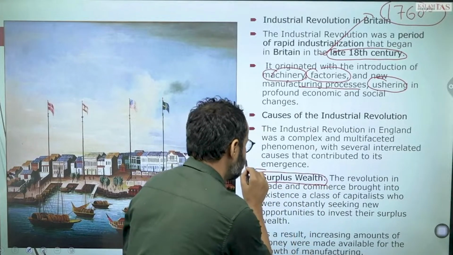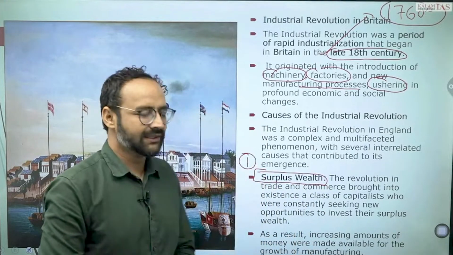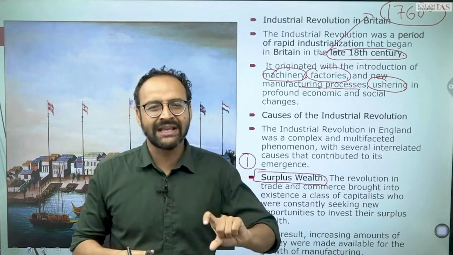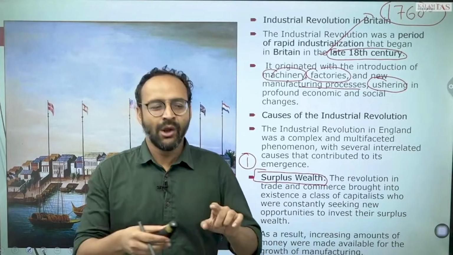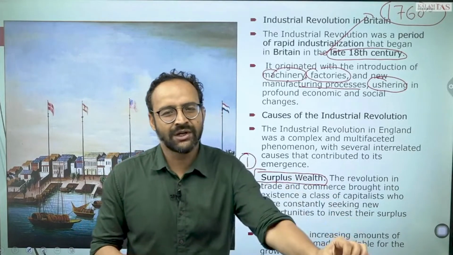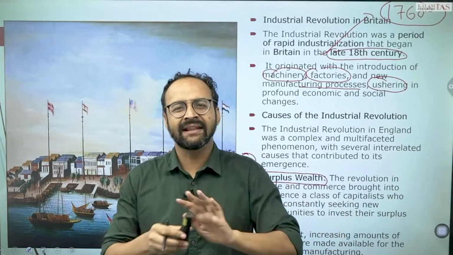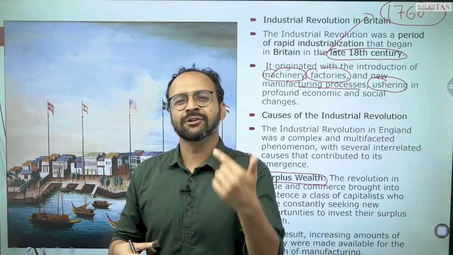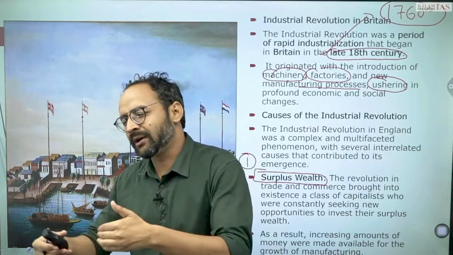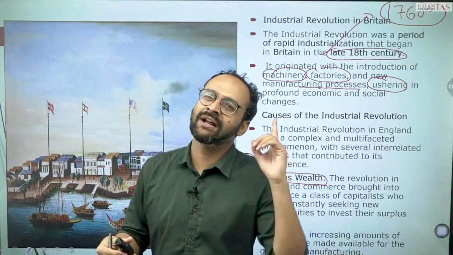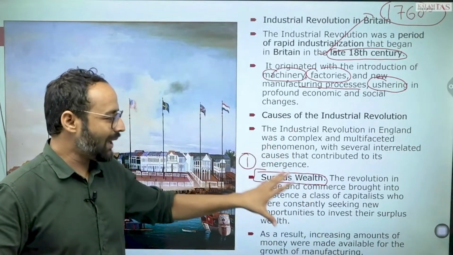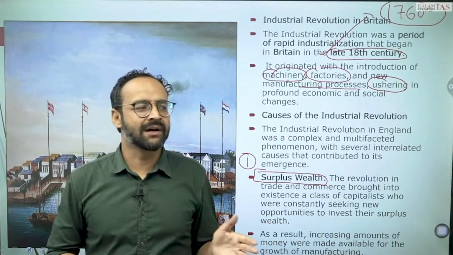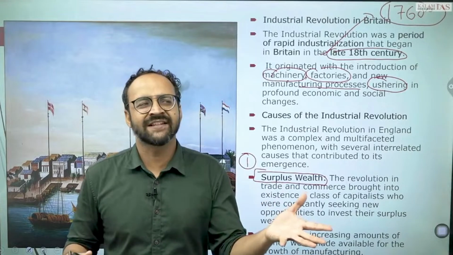Very important point is surplus. When we are in a hand-to-mouth economy, when we are just producing, or sustainable agriculture is happening, where you have a patch of land and you are just producing, and after that you are eating, and that's it. There's no surplus production. Even surplus production led to inception of trade, starting of trade, even in Harappan times. In a similar way, when we had more production, surplus production in Britain, the reasons can be multifaceted.